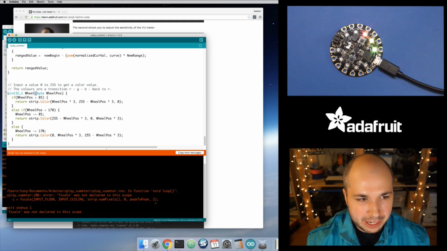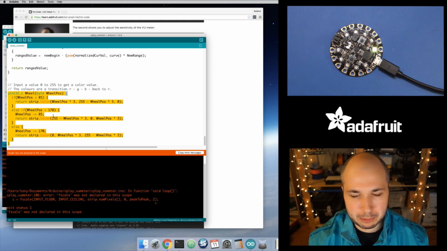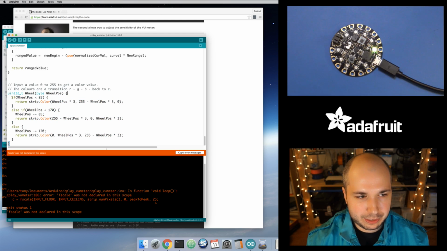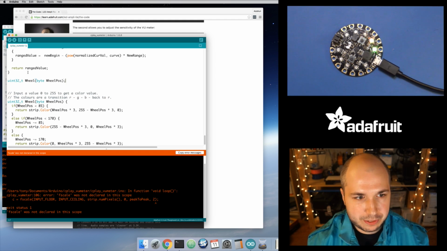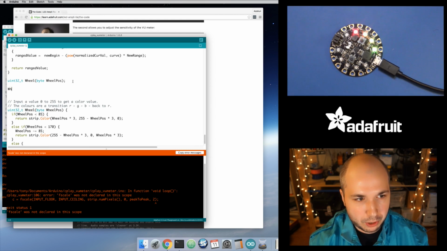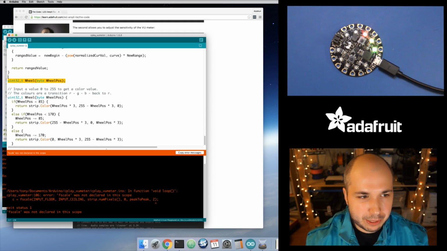That's all you need to know to declare the function. And then to actually define the function, to give the code for it, is this full block right here where you have curly braces and a bunch of code inside. If other code wants to call this function, it has to be declared before that code calls it. So you need some line that says here's my function, and down here is a declaration for this function. You have to put a semicolon at the end. And then any code below this can call the wheel function, like wheel 30 or whatever, and it's all good. Now, Arduino hides all of this from you though,